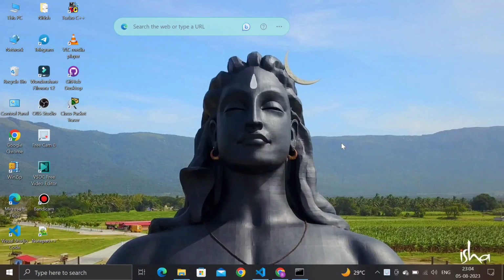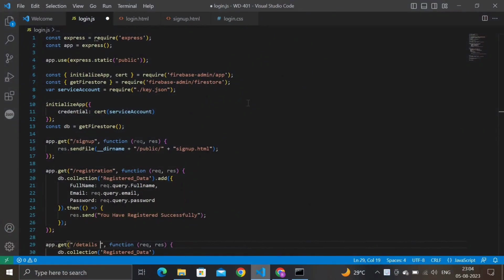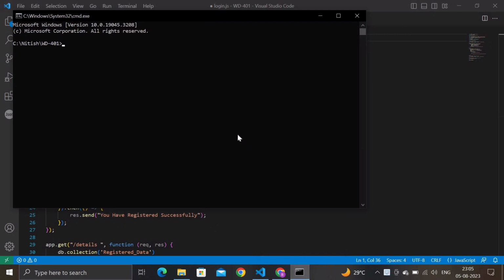Today we are discussing creating a login page and sign up page by using NodeJS and ExpressJS. Here you can see my login page JS. First we must install ExpressJS by running this command